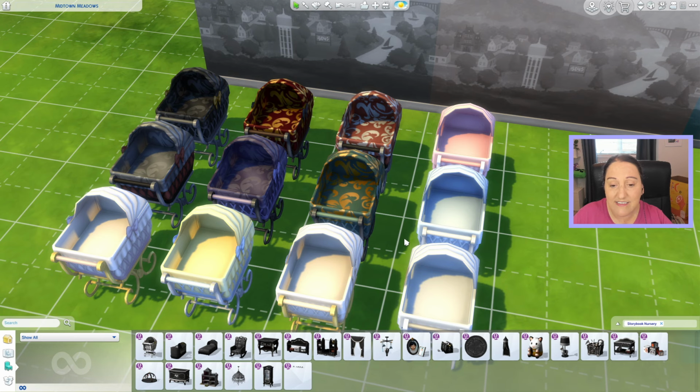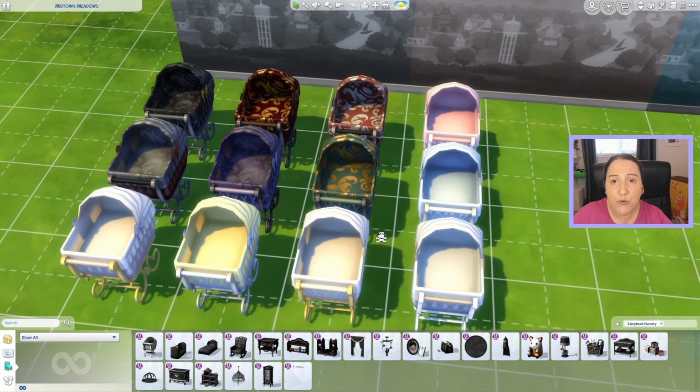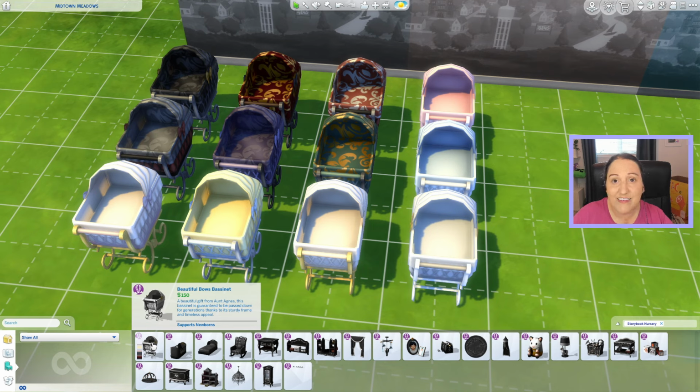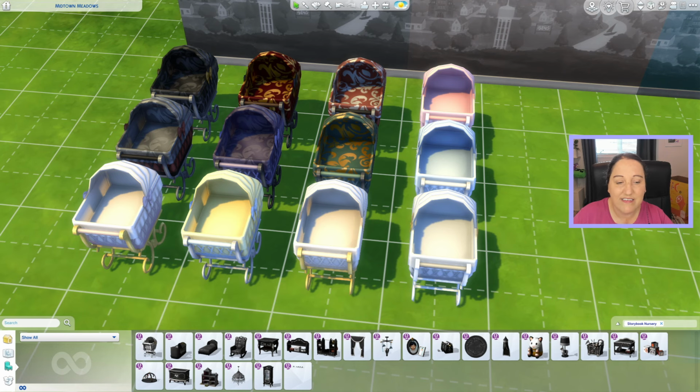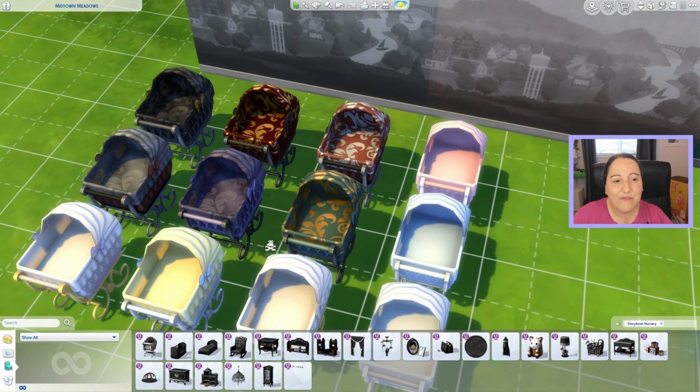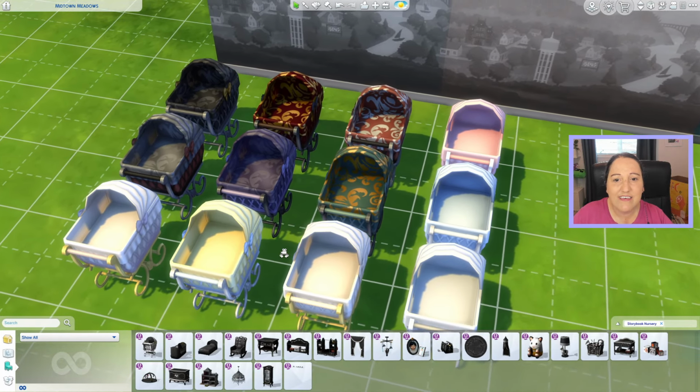Also, there's supposed to be some lore in this pack, so we might have to go through the descriptions and things just to see if we can pick out that lore. Beautiful Bose bassinet, a beautiful gift from @Agnes. This bassinet is guaranteed to be passed down for generations thanks to its sturdy frame and timeless appeal. Interesting. @Agnes, huh? So apparently some of these color